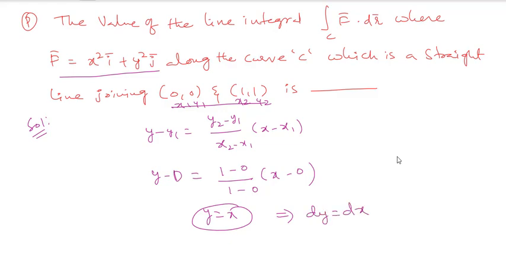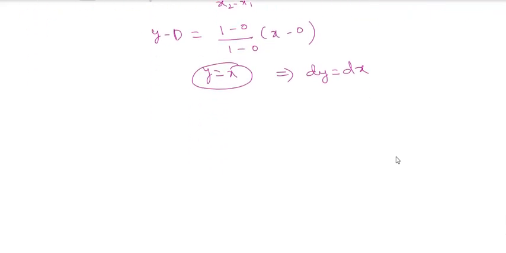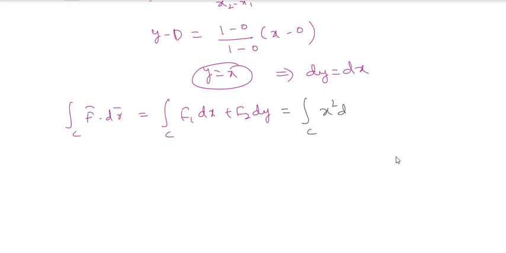Now if I go with my line integral, f bar dot dr bar is equal to the integral of f1 dx plus f2 dy. So only two things will be there, that is the reason I had written it ahead. So the closed integral over C of x square dx plus y square dy. Now all the things I will convert into the form of x only. Am I right or not?